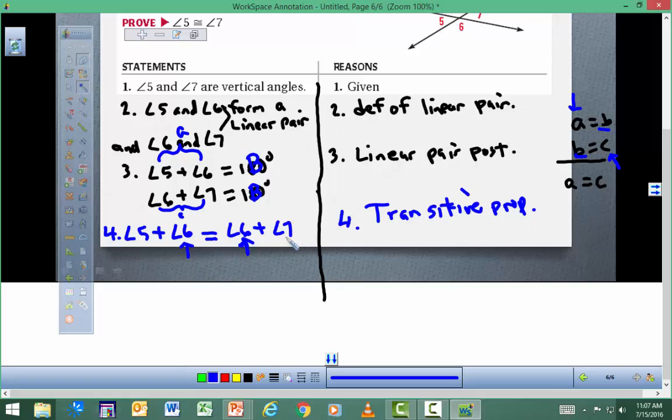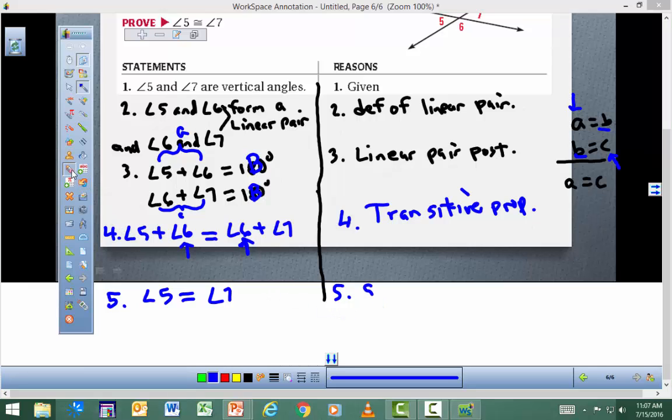So why can't I just subtract off angle 6? Well, that is indeed what we do next. We subtract off angle 6. So my next line is going to say angle 5 is equal to angle 7. Okay? And all I'm going to do is subtract off angle 6. So the reason for this step here,